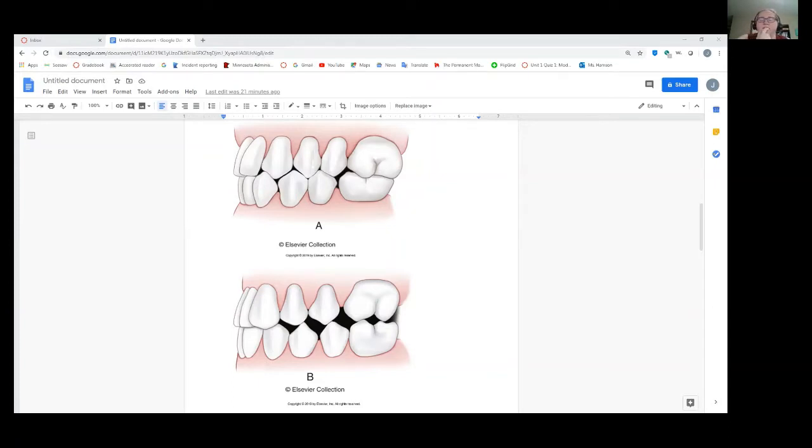How many people have seen individuals whose teeth are really worn down? Yeah. And it gives them an older look, doesn't it? It's because that bite is collapsing from all of the wear. All right? They're losing that vertical dimension. Very good, you guys. So you want that intercuspal relationship where food can really grind in there, right? Our molars are grinding food. Very good, you guys.